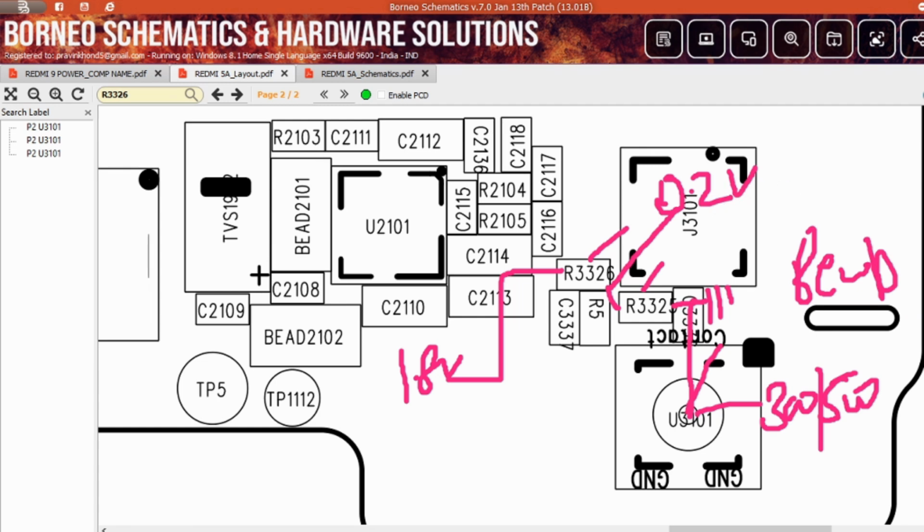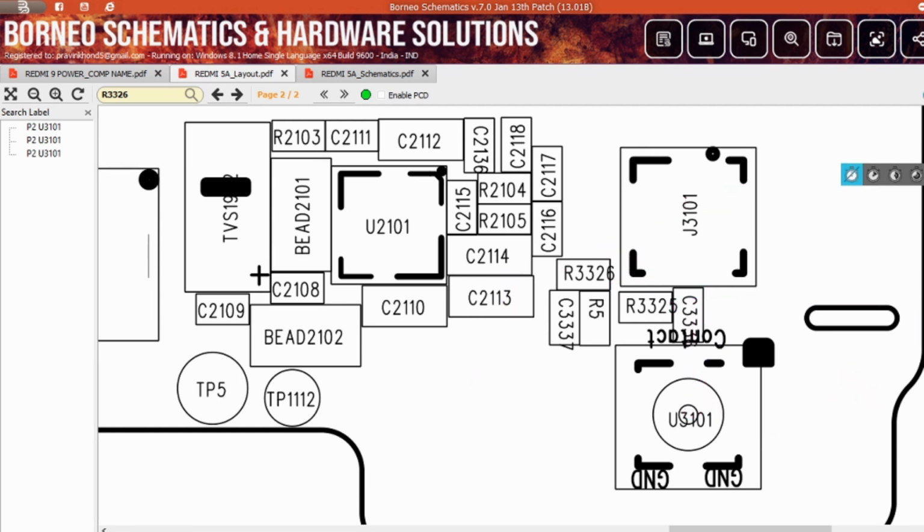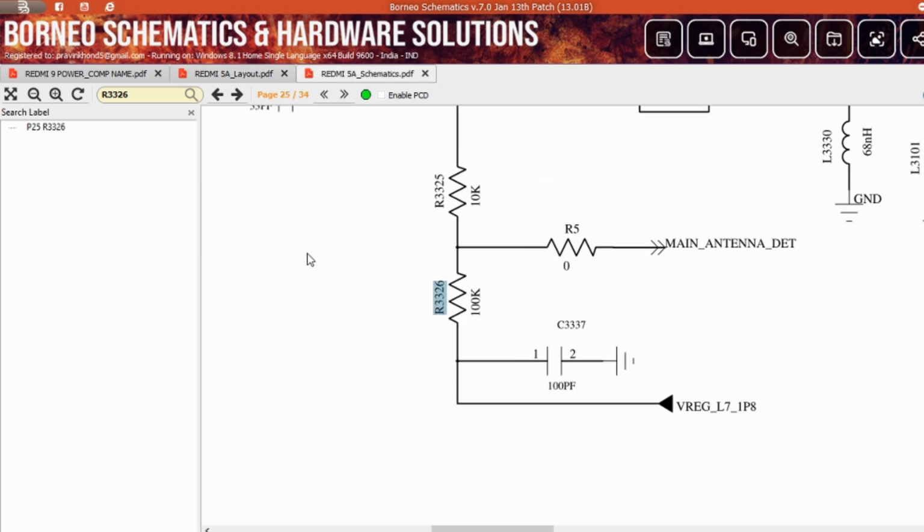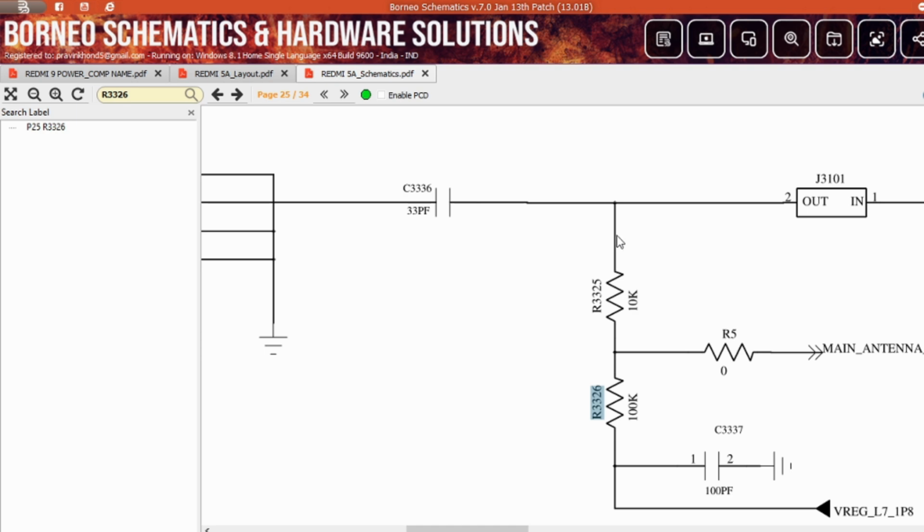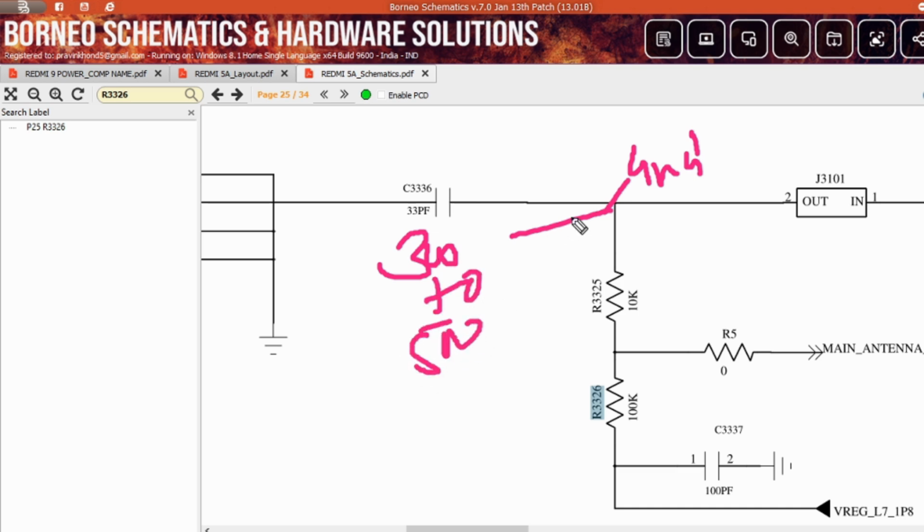I will explain to you again. If you don't understand, I will explain to you. Just go to the schematic. Now I will show you. When you connect the antenna cable, this resistance is also ground. Without connecting the RF cable or antenna cable, you will see here 300 to 500 diode value. After connecting the antenna cable, this point is ground. So the divider circuit is complete. Here you will get 1.8 volt,